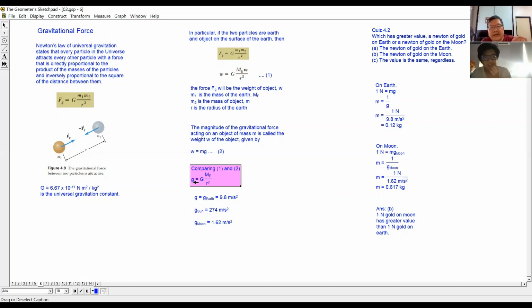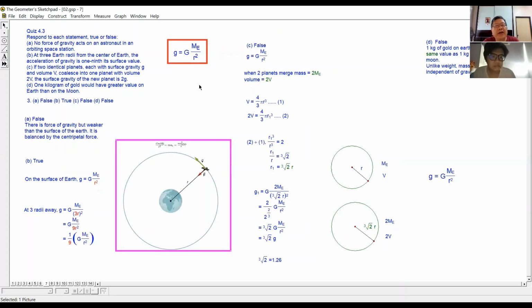So in other words, the small g that we usually use, our 9.8 meters per second squared, depends on the universal gravitational constant, the mass of the Earth and the square of the radius of the Earth. Okay, so on the next page, I copy down